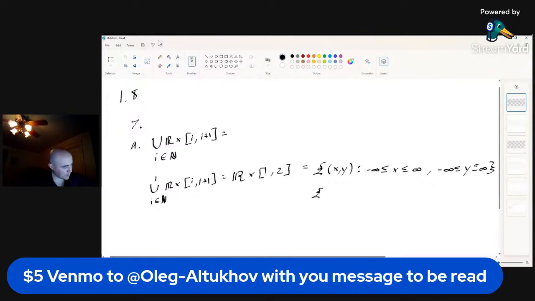The correct answer is this: the ordered pairs of X and Y such that X and Y are members of the real set, and Y is greater than or equal to 1. All right, and let's figure out why it's saying that. That has to do with